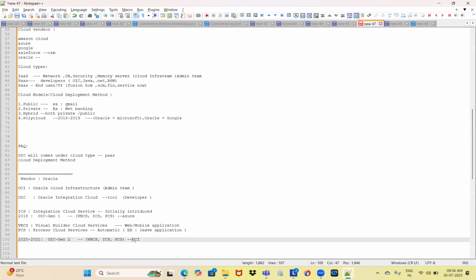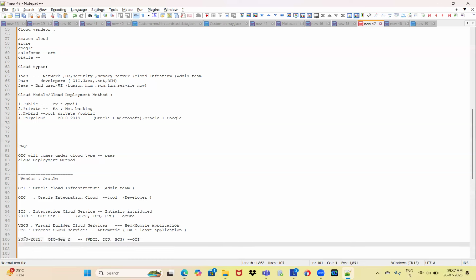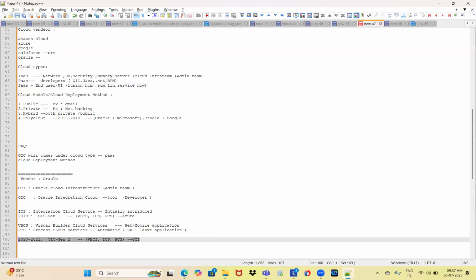Now OCI, Oracle Cloud Infrastructure, takes care of the complete application maintenance and the responsibility for this tool, and they released it in the market as OIC Generation 2 with the same features. Around 2021 to 2022 they introduced it.